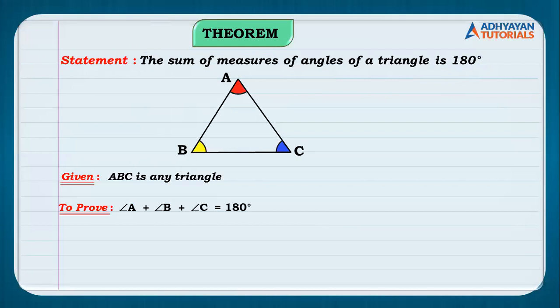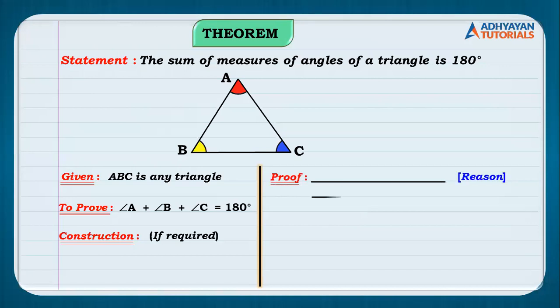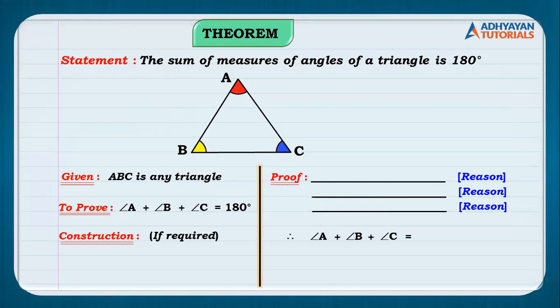So we have completed how many steps, children? Statement was the first step, figure the second step, given third step, to prove fourth step. The fifth step is construction, and children, it may or may not be needed in a few theorems. So it is not a compulsory step. In a few theorems it is not required, and in a few theorems it may be required. The last step is proof, where we give the logical part and we follow that logical part with the reasons, mathematical part with reasons, right? So this is how a theorem looks like.